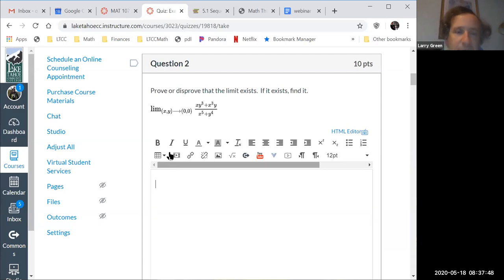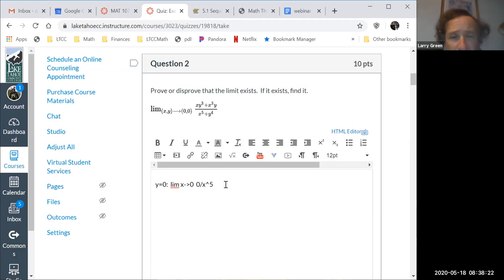All right, so if you take a limit, and I'll just do this by hand, limit as x approaches 0. And if we plug in y equals 0, so in other words, we're going to go along the x-axis, then you get 0 over x to the 5th. And I want to note this is y equals 0.